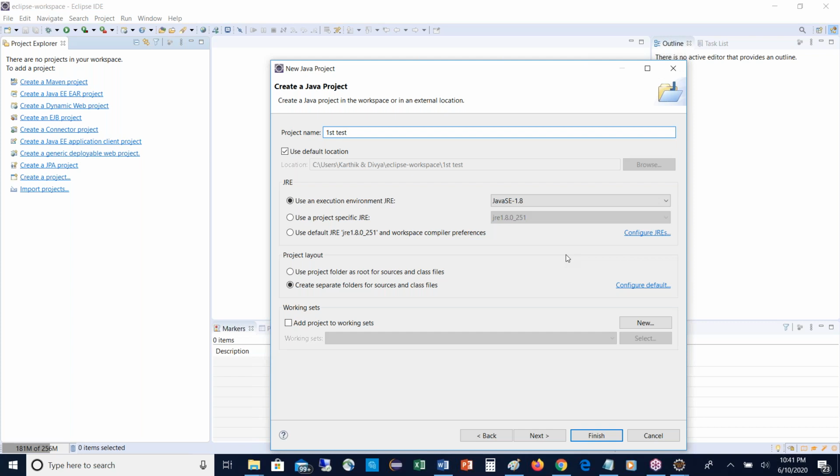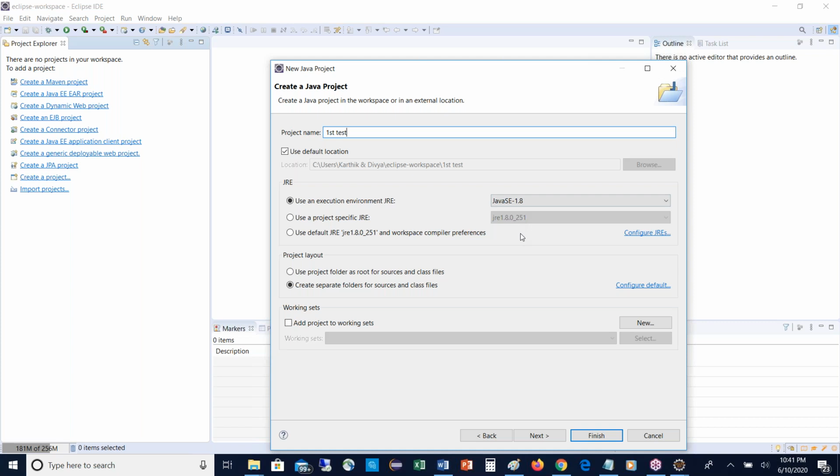Friends, once you give the project name, first test something. In the location in your working directory, Users, username, Eclipse-workspace, the project is stored, right? Your project has to be run using a Java version. In our system, you may have installed Java 13 or Java 8. Which Java version do you want to use to run your Java projects?